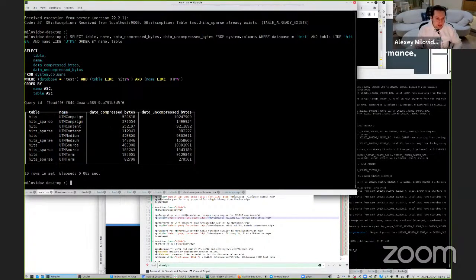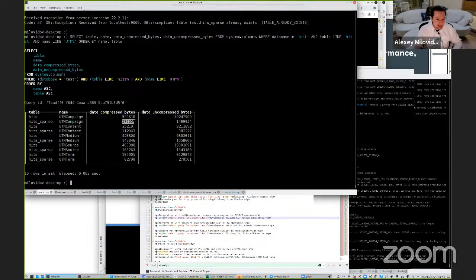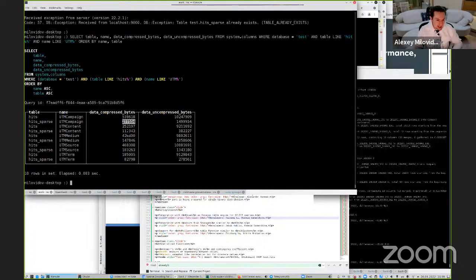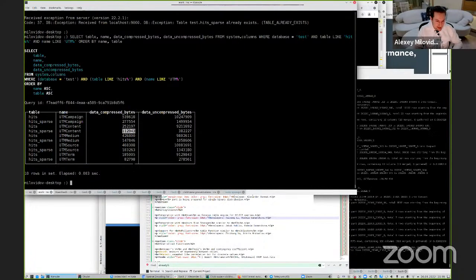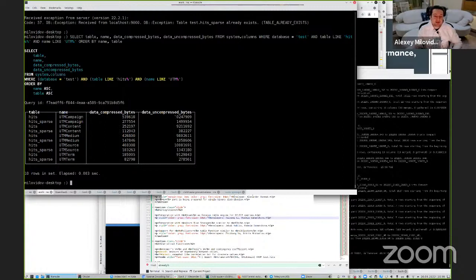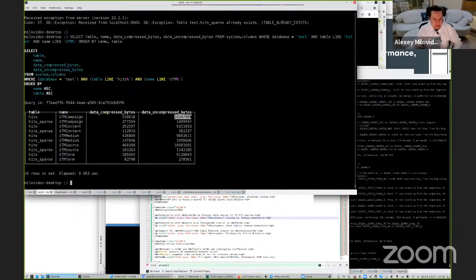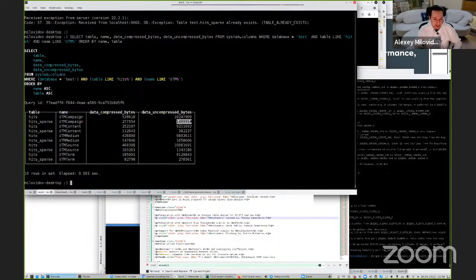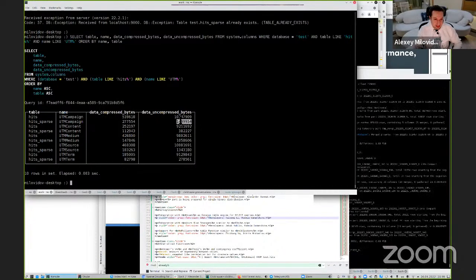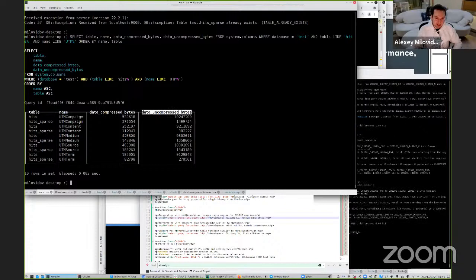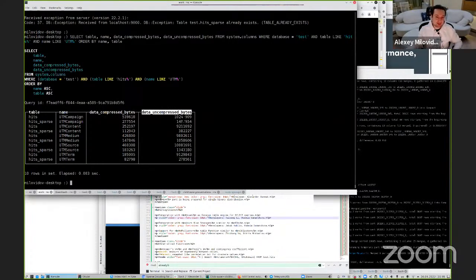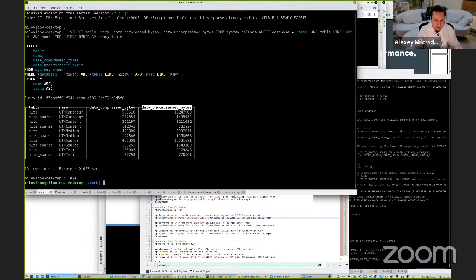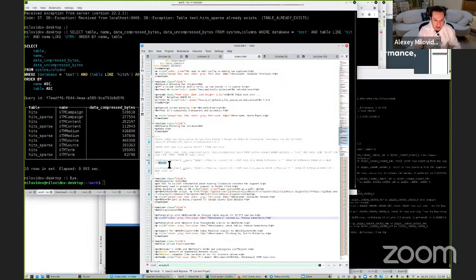And you see that data is compressed slightly better. So UTM campaign is compressed 2 times better. UTM content is also 2 times better. But if you look at uncompressed size, it will be about 7 times better, because uncompressed data is actually still compressed, because it is in sparse format. How does it affect performance? Let me check with ClickHouse benchmark.